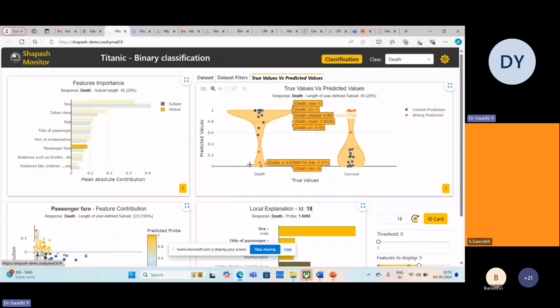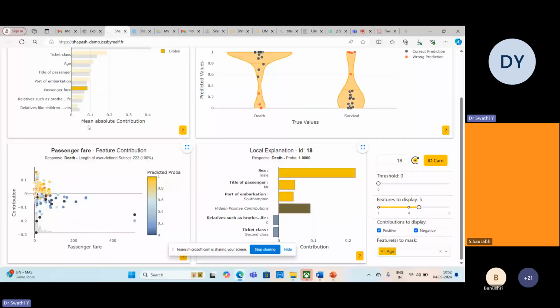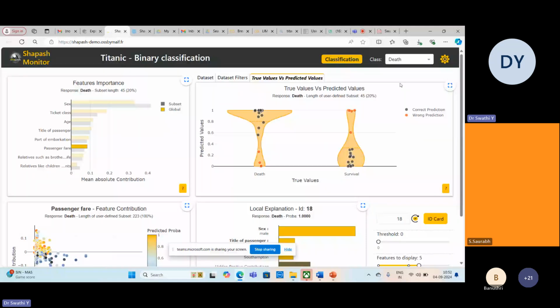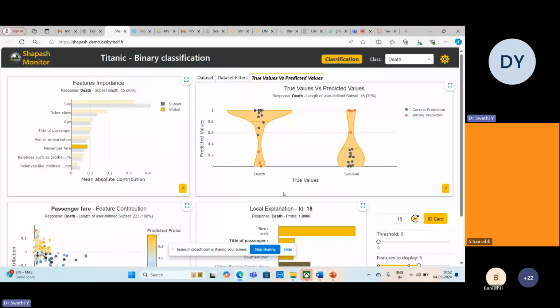So that is the advantage of using this Shapash: the entire thing in one shot. With this web app, there is no need to write any code. As soon as you execute it and launch the web app, this monitor will open and you can change different values and the corresponding graphs will change. Using Shapash, you can also combine it with LIME and SHAP and other explainable AI tools. That's why this is a powerful and widely used explainable AI tool if you want to know more analysis of your machine learning models.